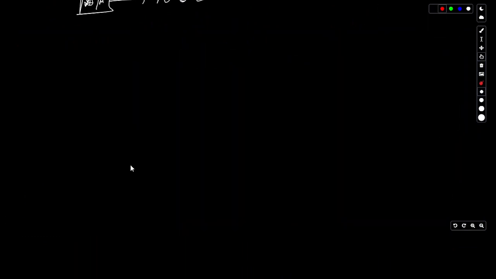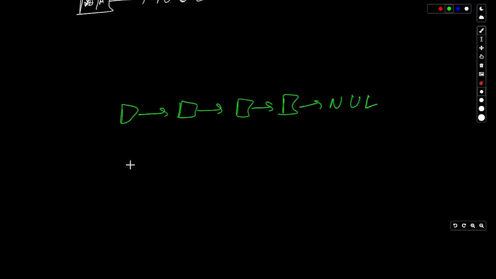We'll be taking a particular linked list like this. We already have a particular linked list and we want to add something at the very start of the linked list. So we want to add a particular node here.